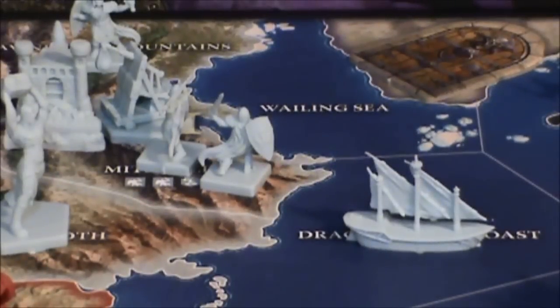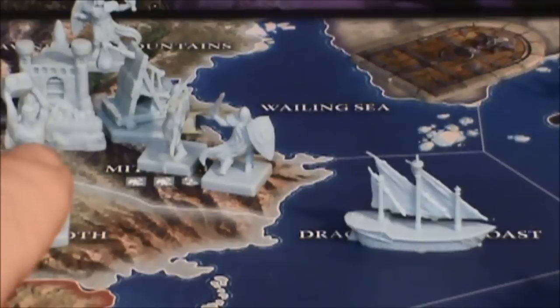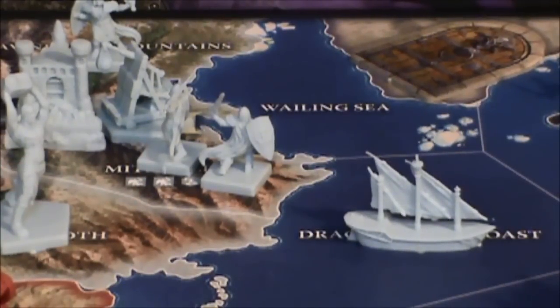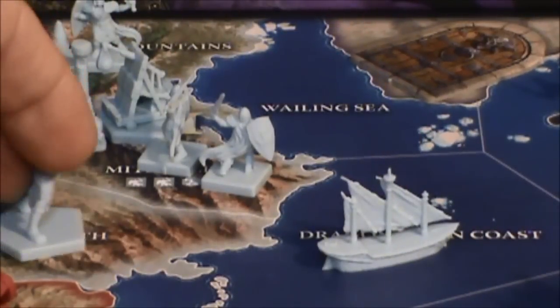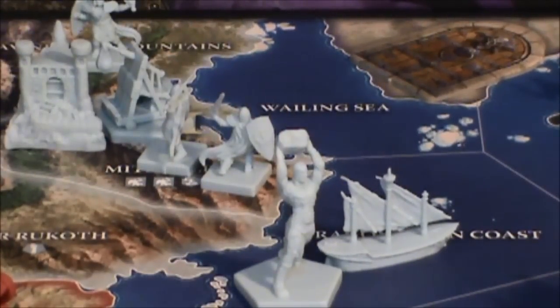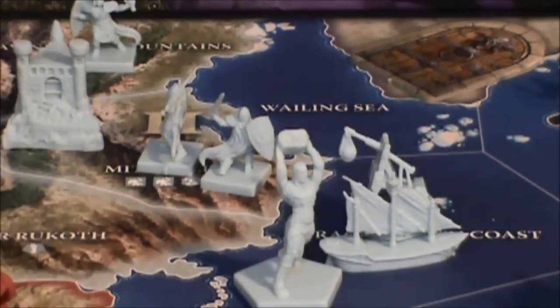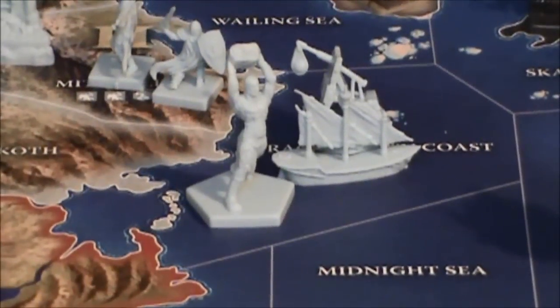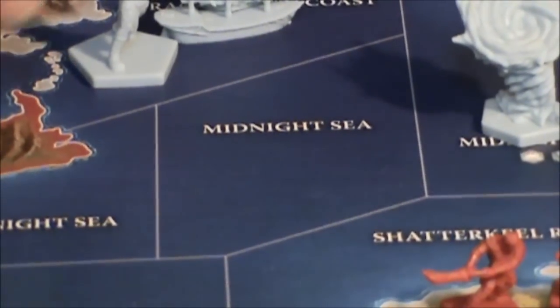Well, let's see if we can do something with ships this turn. Starting from their position. They're starting on a coastal area and they haven't moved yet. We're going to have the ship load this stone giant and I guess maybe this siege engine. Going to load both of those onto the ship. Now the ship can move 2 spaces. I think I'm going to have it move 1 space here